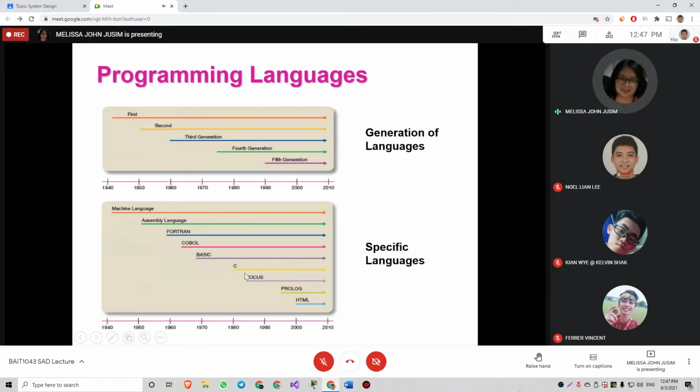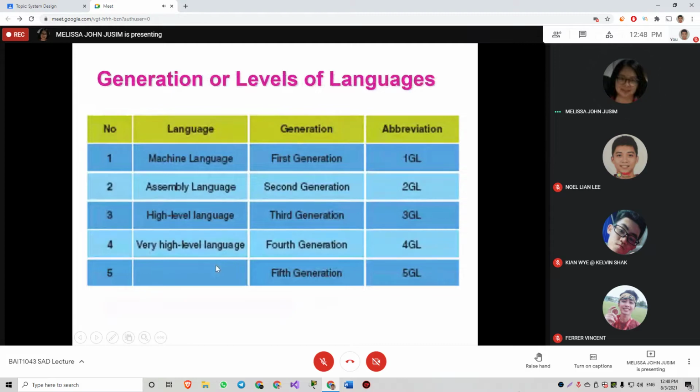And C is the predecessor of C++. And I know that you're taking COA, whereby you also learn assembly language. This one is in the 1950s, and before that they were using machine language, the zeros and ones. So these are the levels of the languages.